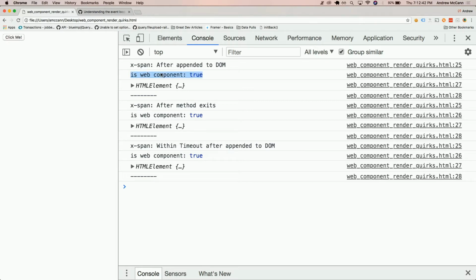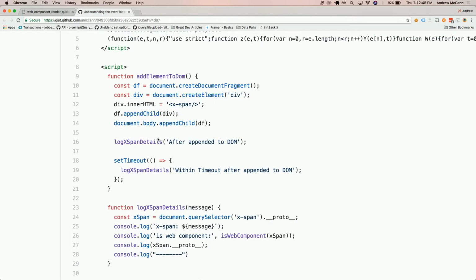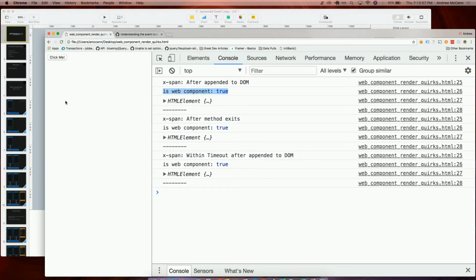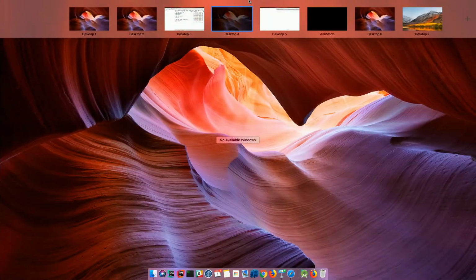So immediately after, it is a web component, and at all stages in the lifecycle, it's a web component. This is often the case that in our code, we were appending a web component to the DOM and then trying to perform some action on it. And in Chrome, that works fine. But if we look at Safari,